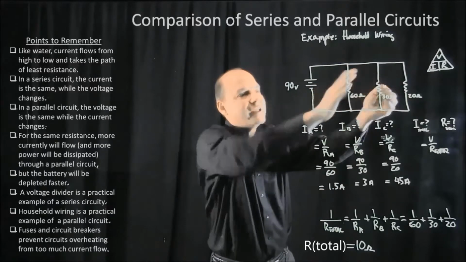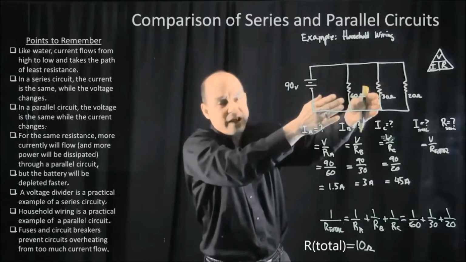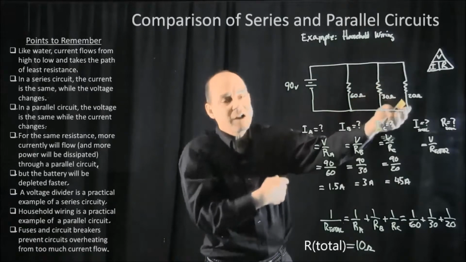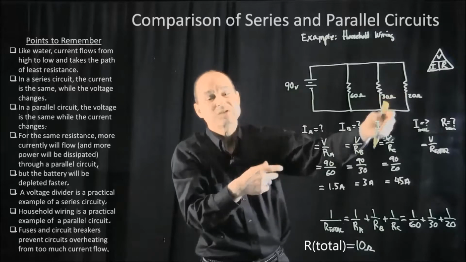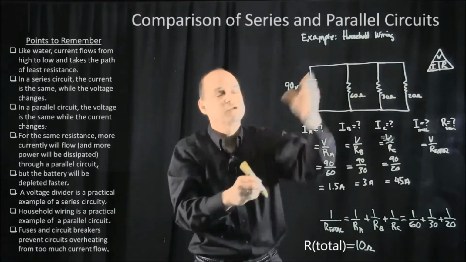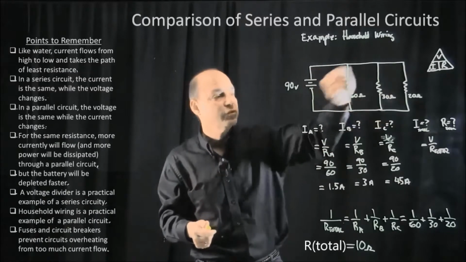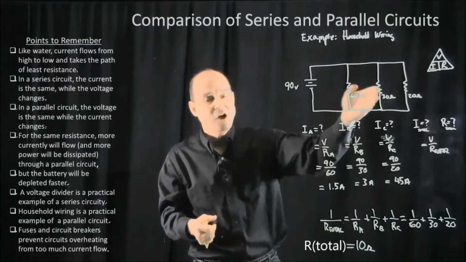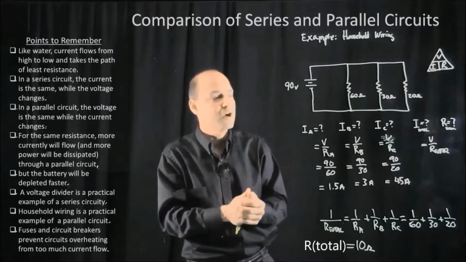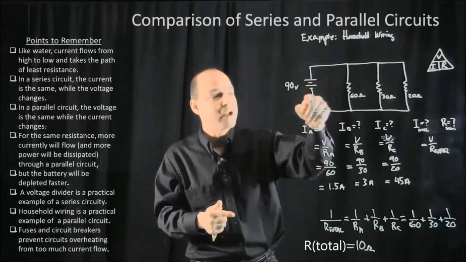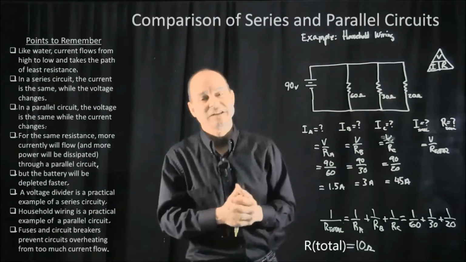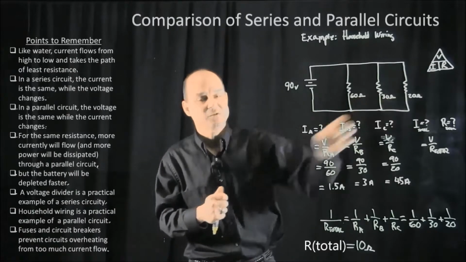But it's not. It's got these other two paths to go down. So it is not going to see the resistance of 20 ohms. It's going to see the resistance of less because there are so many more paths to follow. Now, most of the current is going to go through that path of least resistance, but there are also these other branches where current can flow. So it's going to look to the battery like the resistance is actually less than the least resistor of